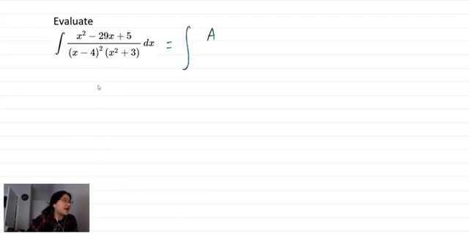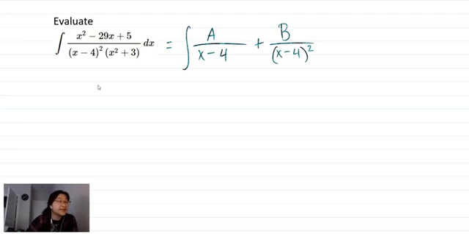So we have A over x minus 4, but then we have some other term over our x minus 4 squared. And then for this last part, because we have an x squared plus 3, and that's a term on its own, we need our numerator to now be Cx plus D,